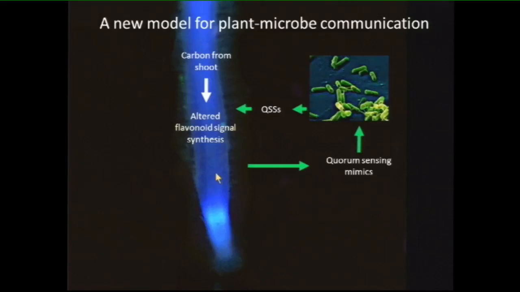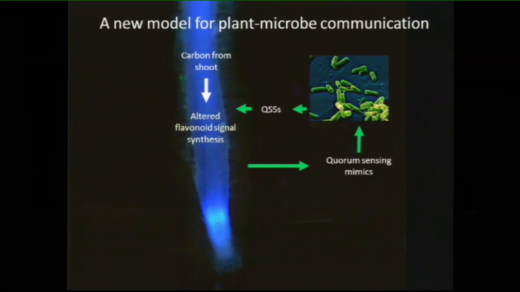So we think that this could be of importance for interactions of plants with a whole lot of microbes. So the microbes are out in the soil, they produce quorum sensing signals, and they actually alter the exudation of signals from the plant, in this case flavonoid signals. These in turn get exuded into the soil and they act as mimic signals for the bacterial quorum sensing signals. So bacteria think that there are actually more of them around than there really are, and they start switching into a certain behavioral mode. So what could this lead to?